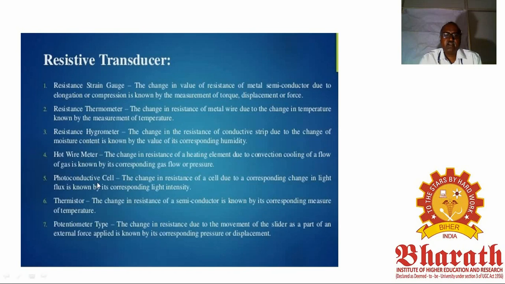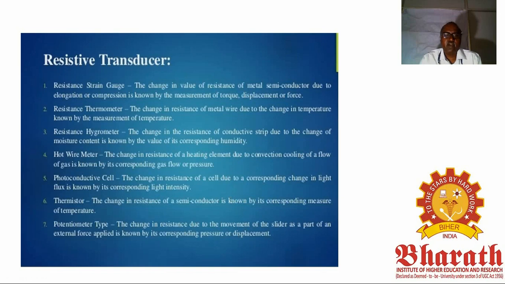The photoconductive cell: the change in the light can be used as an input, and the corresponding change in the resistance will be taken as output,